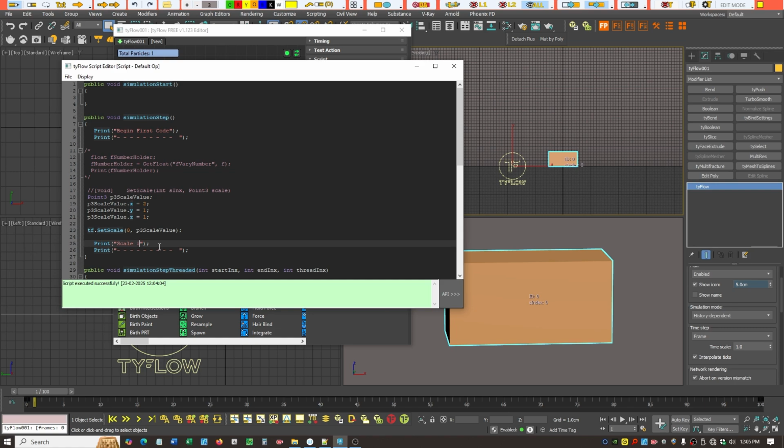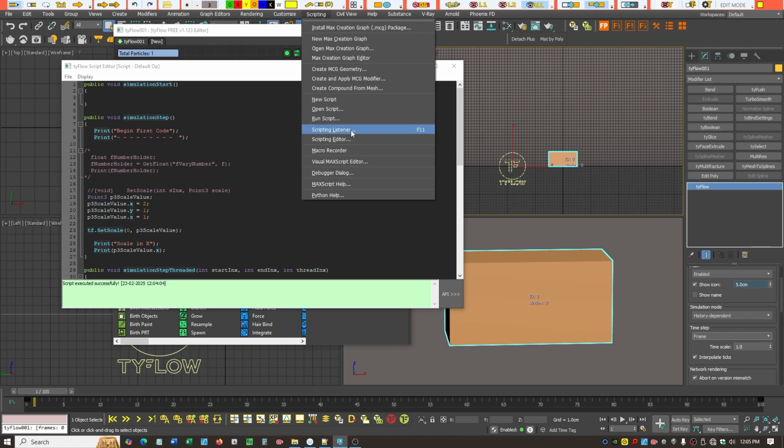So scale in X. And then we want to print that to the MAXScript Listener for debugging purposes. So we could actually take this variable here, copy it, and paste in our print function, and go to the MAXScript